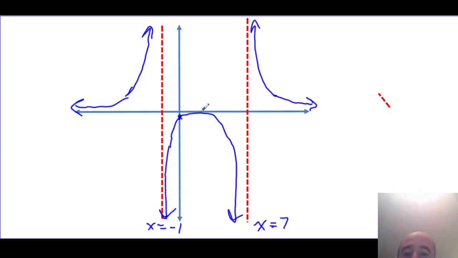Something like that right there, which really is the only possibility. We know it doesn't touch the x-axis there, by the way. We know it doesn't touch that x-axis because it doesn't have x-intercepts. Now there's a turning point here. In here somewhere is a turning point. Now, you might guess that it's halfway between 7 and -1, and you might be right, but be careful, because rational functions don't have symmetry necessarily the same way like a quadratic would or something like that.